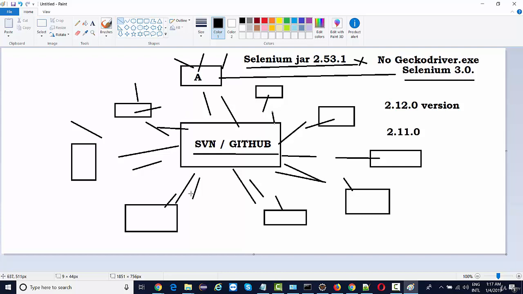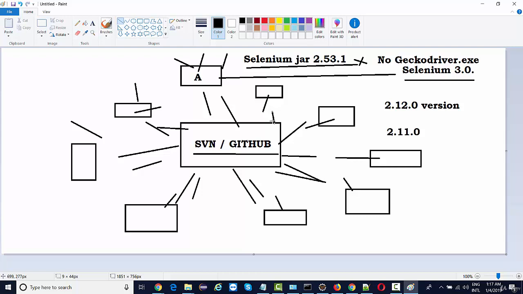Now, whosoever takes a fresh checkout of the code needs to include this Selenium 3.0 jar file, right? So the testers will start downloading Selenium 3 and sync their project with the latest Selenium 3.0 classes, the latest Selenium 3.0 jar. Then they'll not get any error in their project, right?